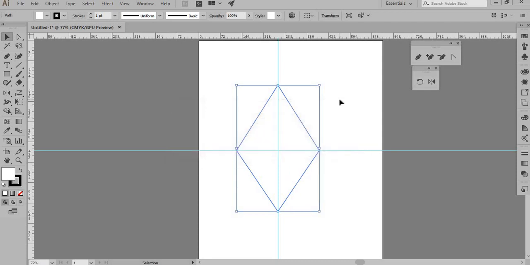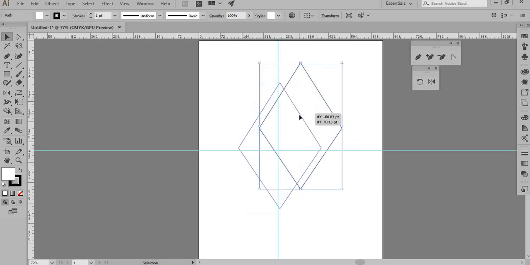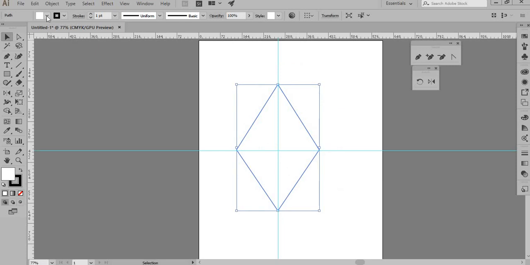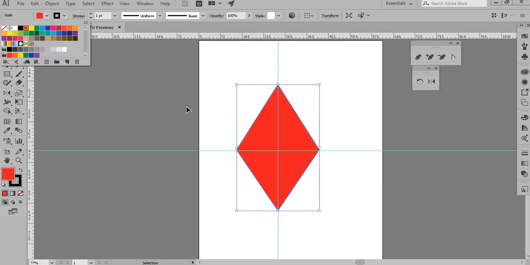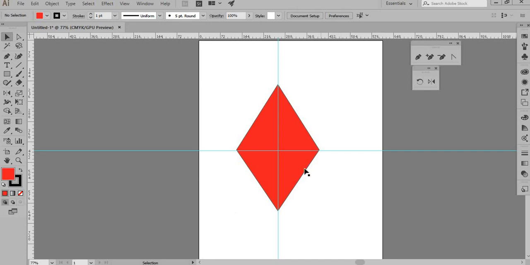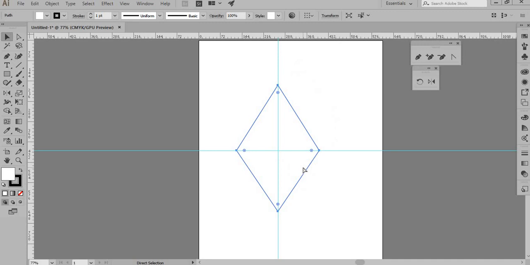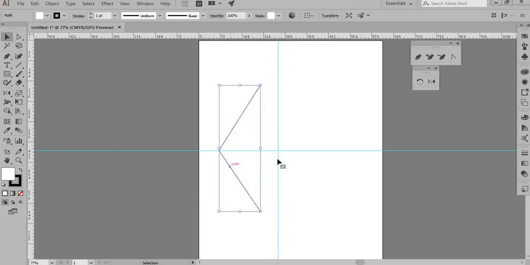Now you may be wondering why I'm joining it twice instead of once. I'll explain that. Right now, if I want to move this, I can move it, and if I want to add a color to this, I can fill a color. So this is it. Now let's say I press Control Z a couple of times, and I'm again in my original shape. I just select this path and move it a little to the side, and I'm going to show you why I did the joining twice.